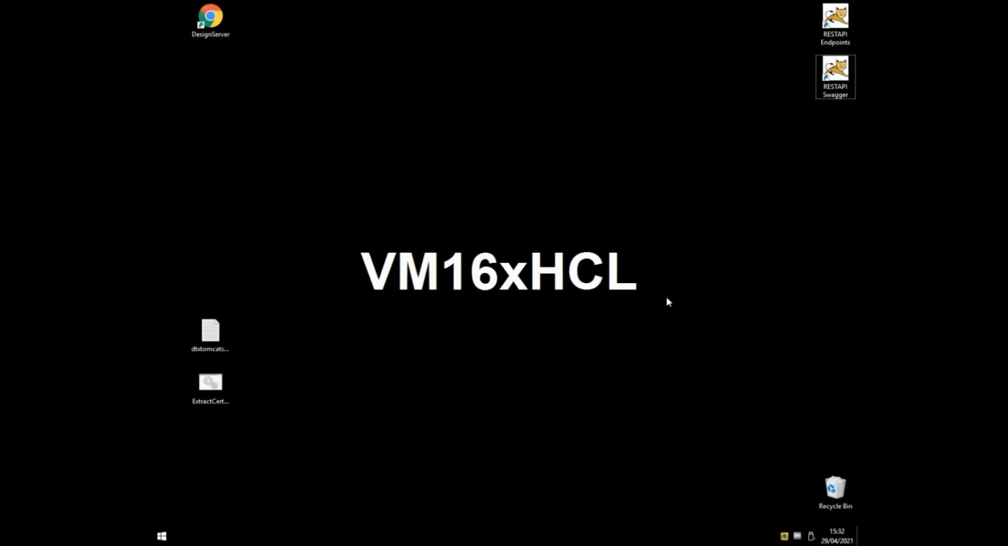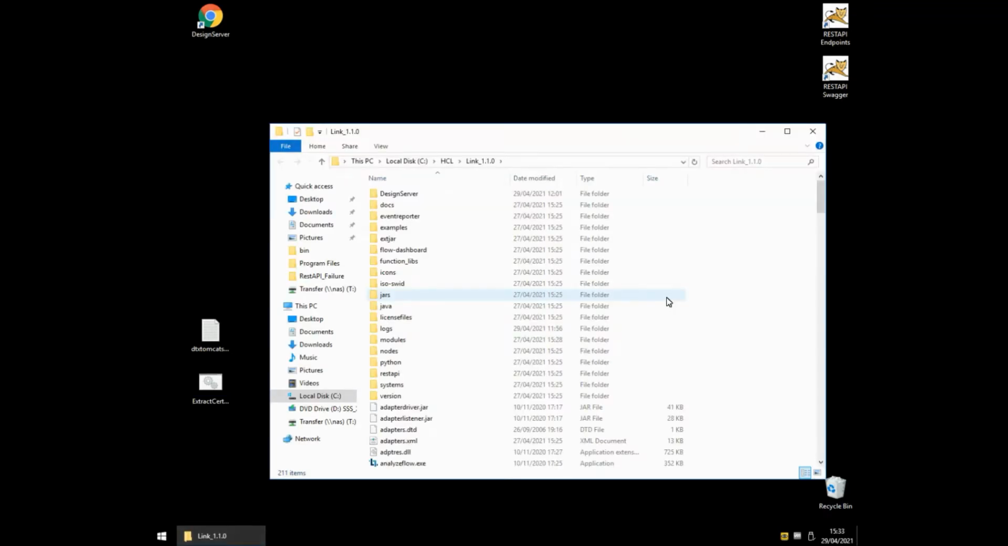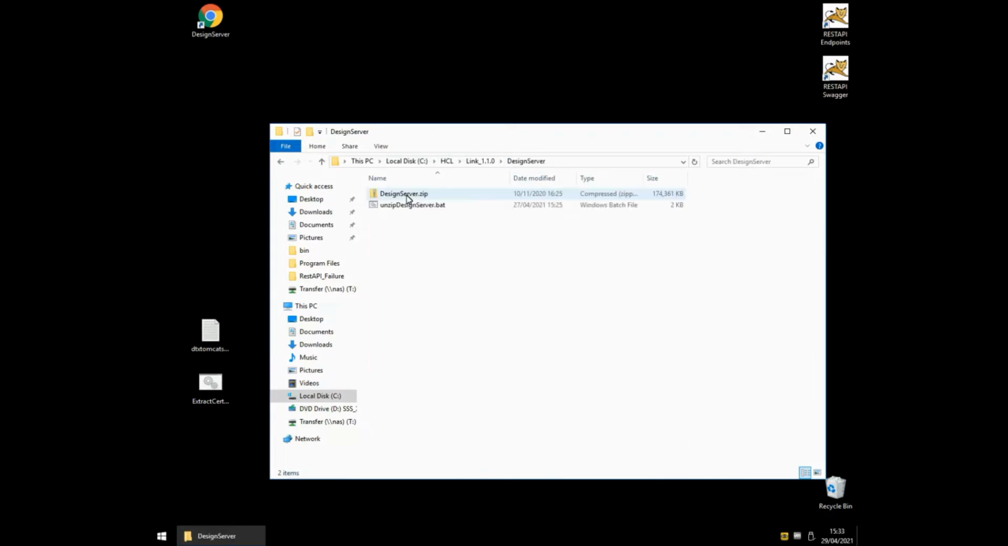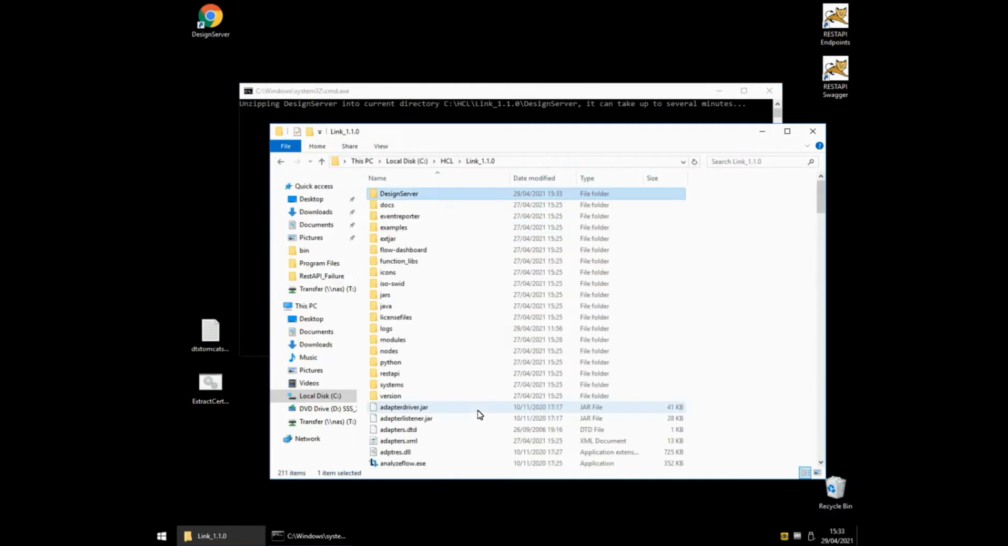So, we're starting our demonstration on a virtual machine, and this machine's host name is VM16xHCL. On this machine you can see that I have HCL Link 110 installed. In the design server directory I only have the two files as delivered. I haven't started this script to unpack the design server yet. I'm going to execute that now and let that run in the background while I show you the REST API